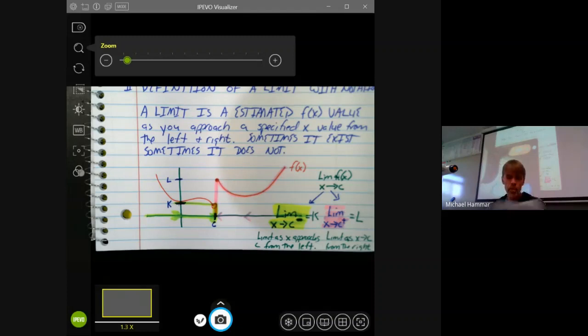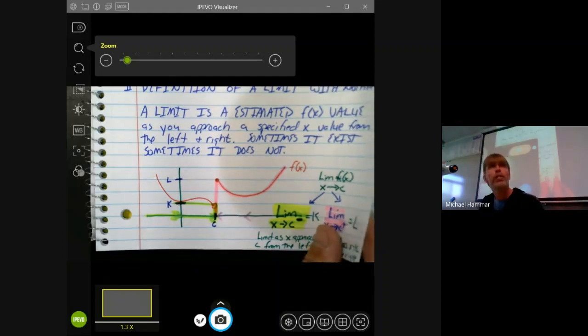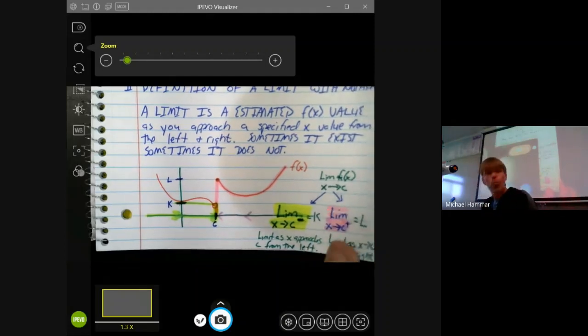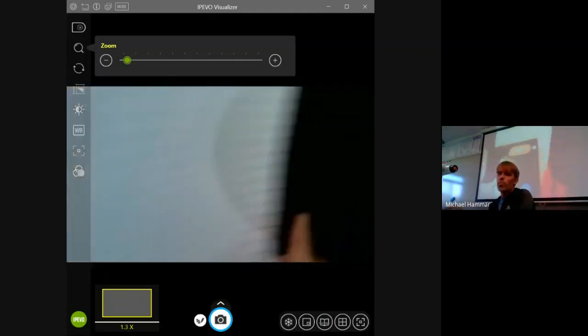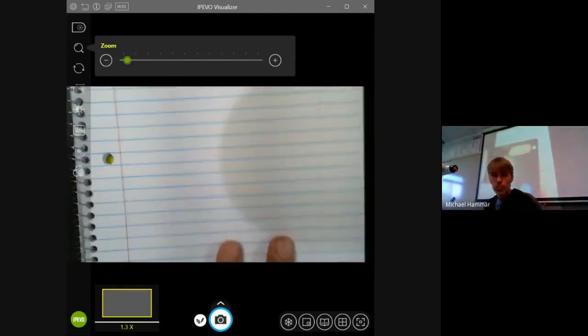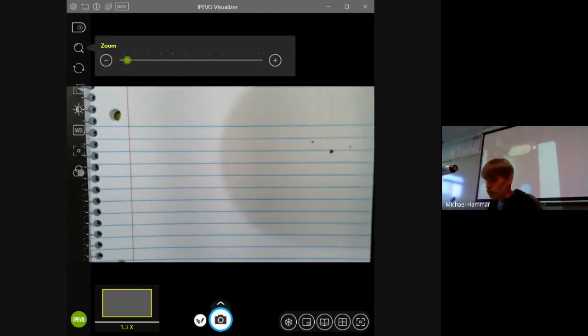Okay? So we're going to do a couple things to keep hammering this away and make sure that you are understanding how this works. So we've looked at a piecewise function. We've now defined what a limit is. Now we're going to keep finding some limits, doing some different activities. Okay? So the first activity I would like you to do is I am going to set up here,